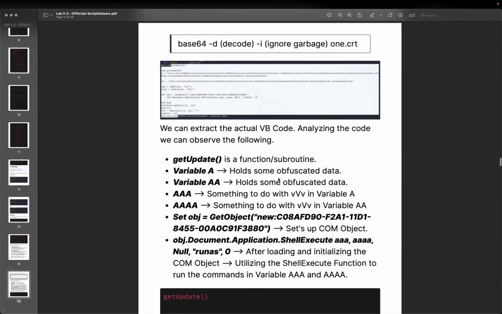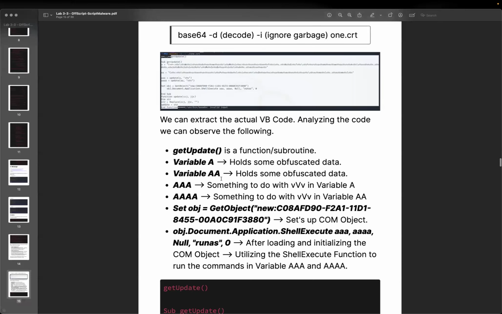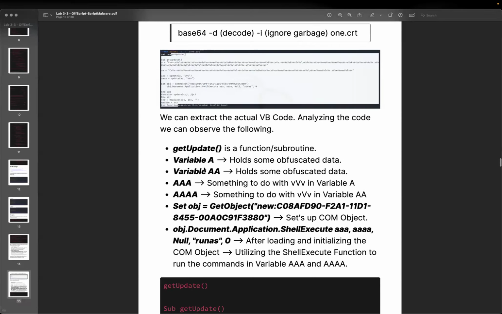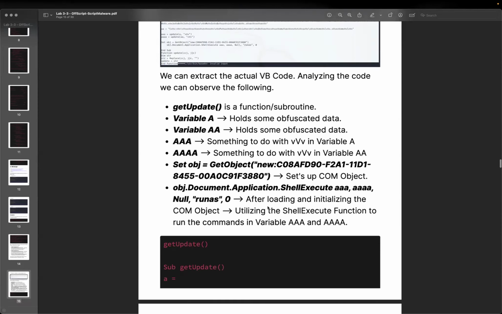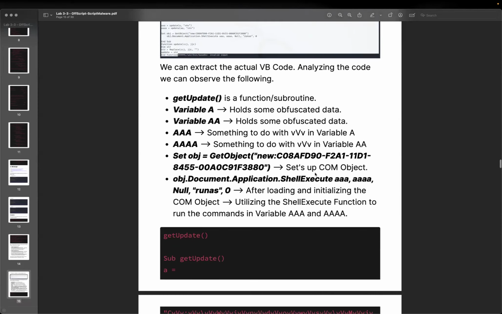Once we are able to extract the VB code, we see it includes the update, getting some variables, some obfuscated data, and passing those to the variables, and what concept object they're going to obtain. And when they really need to execute the shell, they will load and